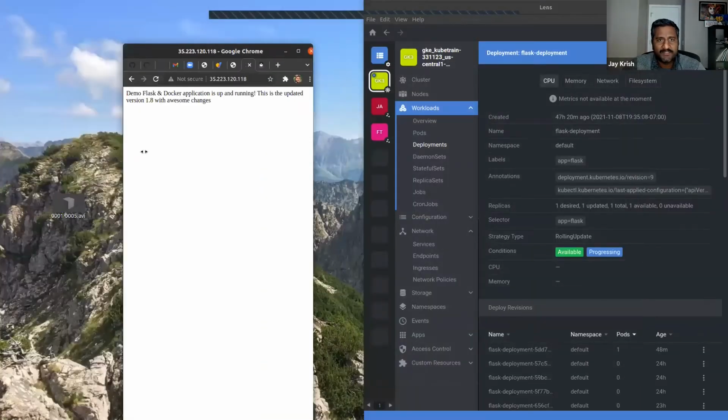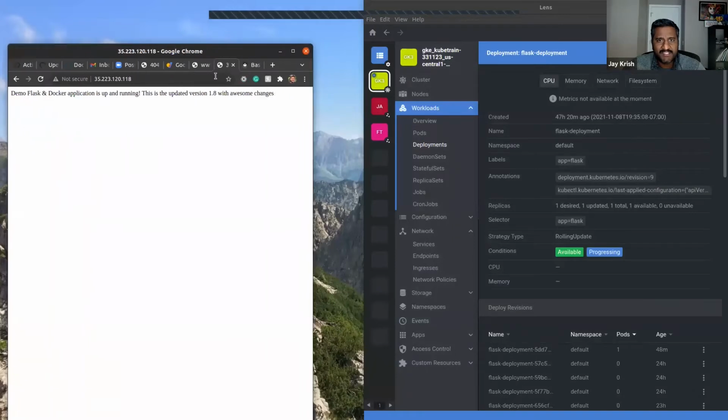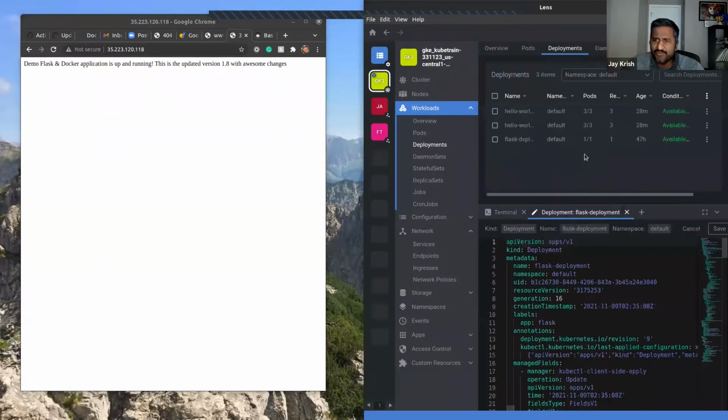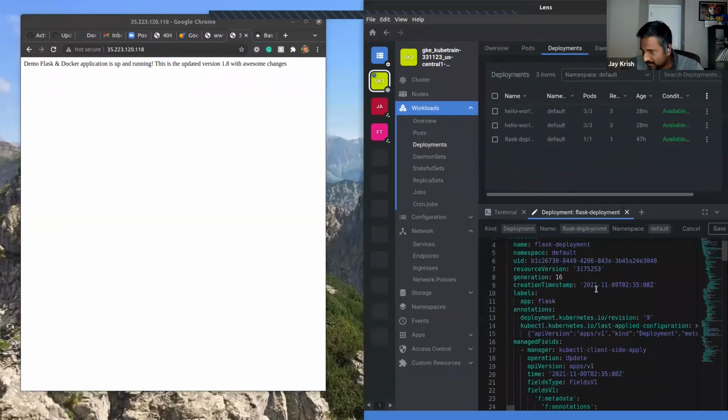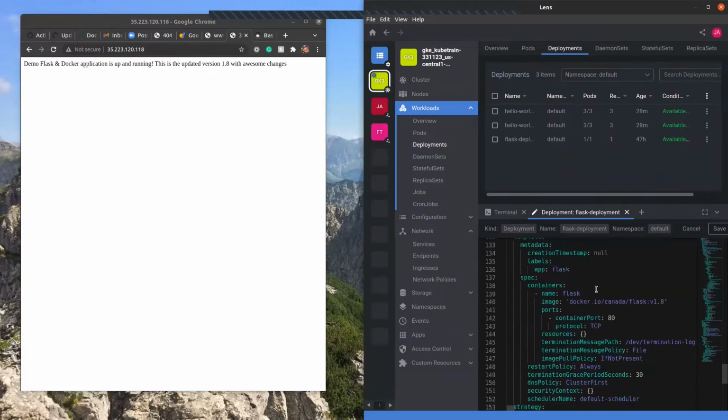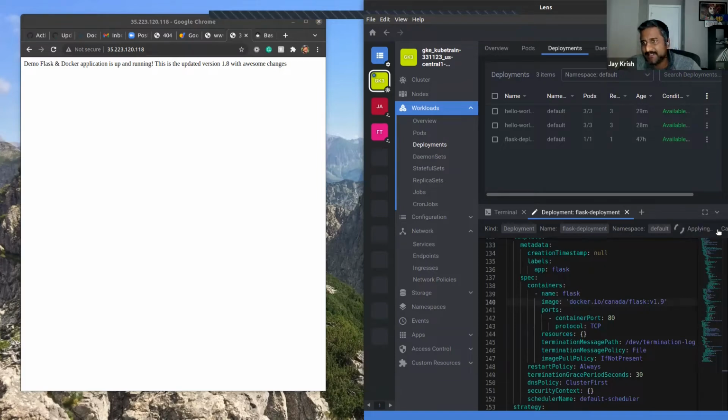So now this is my existing version up and running, 1.8. Now the developer says, hey, my 1.9 version is ready with enhancements and new functionalities. Now what I do, very simple. I come to this 1.8. I change to 1.9 and I save it.